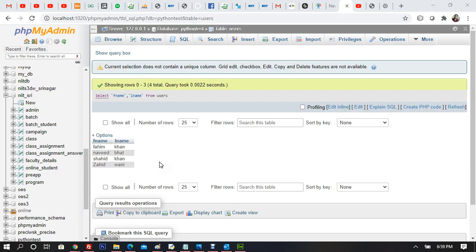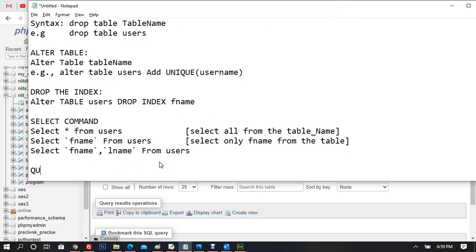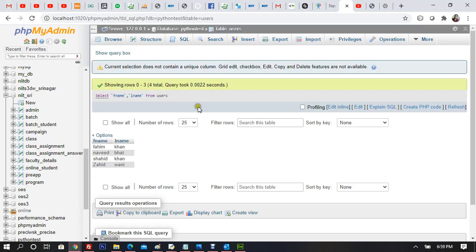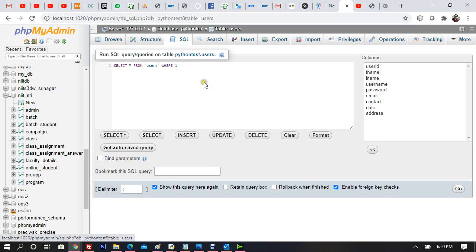But yeah, if you want to now query, so Q-U-E-R-Y, and you want to use where clause, right? Now you can clearly see that I can even run the where clause. I can say select f name, L name, or I can even say select asterisk, select everything from users. But wait a second, I don't want you to select randomly everything possible. I say select asterisk from users where